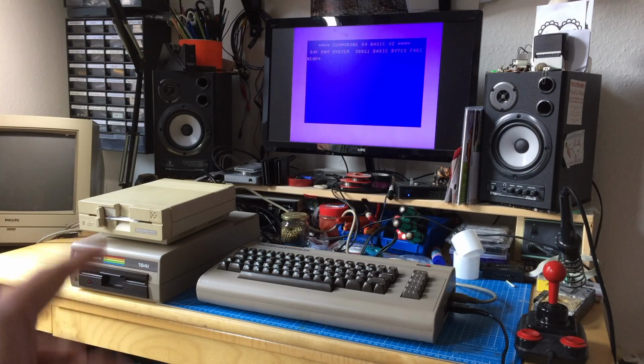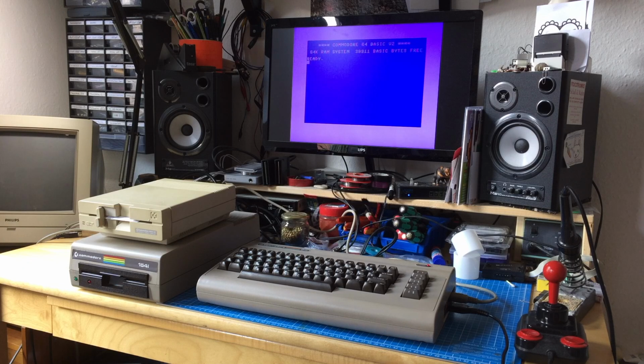You have seen both of these drives in videos I will link in the corner there, because I like things to be interconnected. The one I repaired, the old 1541 on the bottom, and the one on the top there is the newer 1541-2, which I refurbished, so to say. I replaced some capacitors and cleaned it and lubricated it. Both of these drives work, and what I also have in my Commodore 64 is an